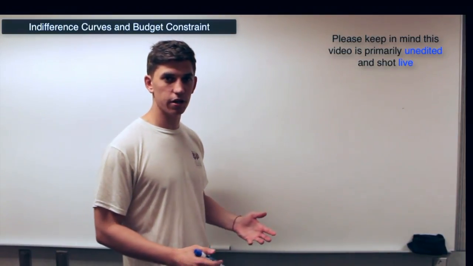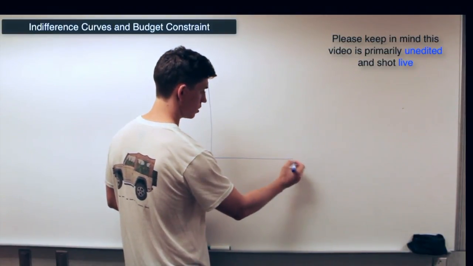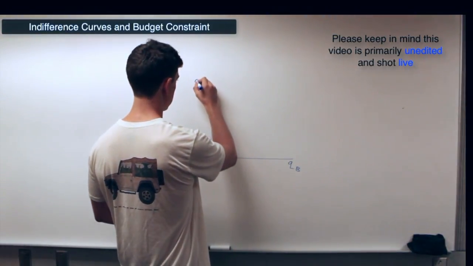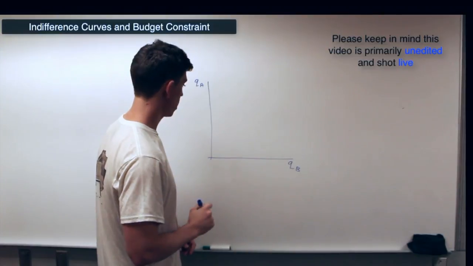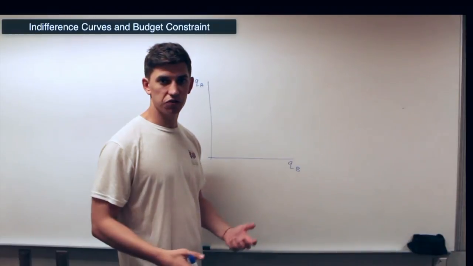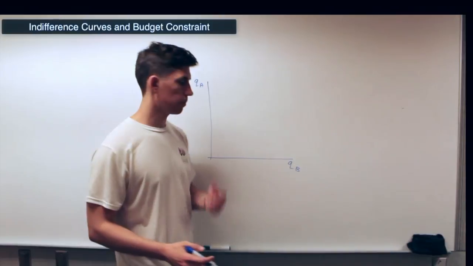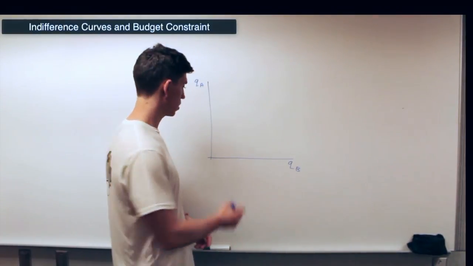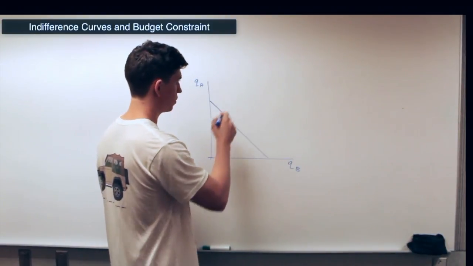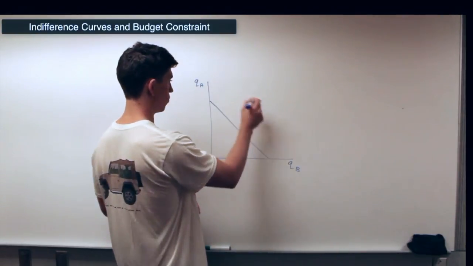Okay, so the basic setup here is that we have two goods, goods A and B, and I'll plot good B down here and good A here. And we have a budget constraint that represents how much of good A and good B we can consume with a given income and given prices of goods A and B. So that gets us this line here, and it is defined by what I just said,